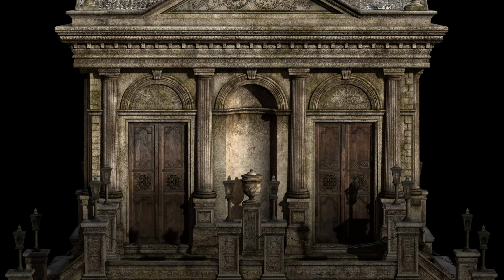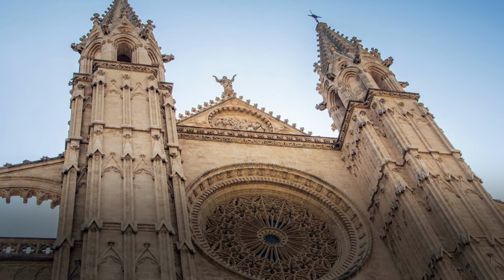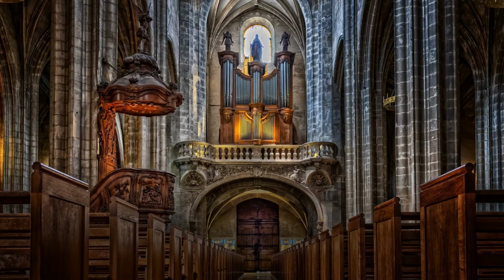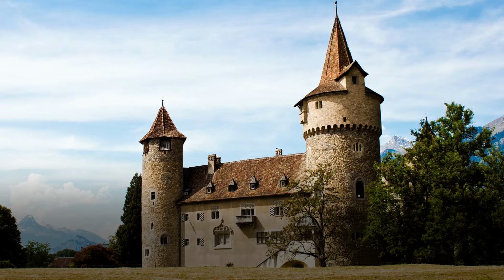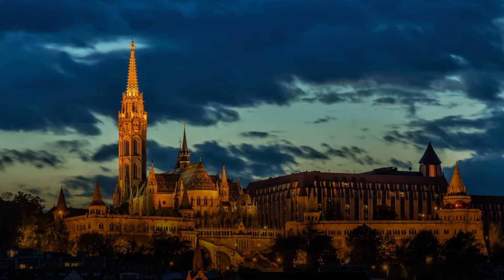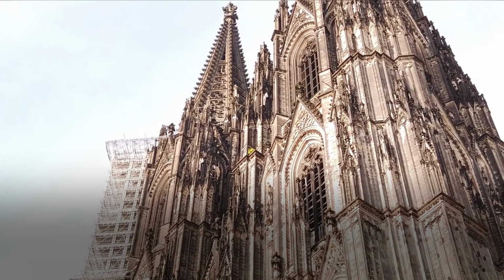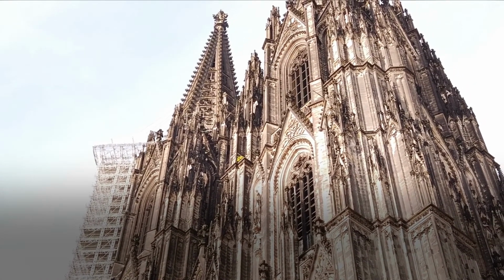Gothic architecture, or pointed architecture, is an architectural style that was particularly popular in Europe from the late 12th century to the 16th century, during the High and Late Middle Ages, surviving into the 17th and 18th centuries in some areas. It evolved from Romanesque architecture and was succeeded by Renaissance architecture.